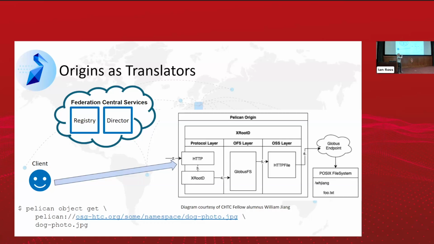So in this case, we came in speaking Pelican HTTP, and on the other side, we come out speaking Globus HTTP. And so by doing this, the origin is able to work with the object repository in its native protocol and translate all of the different operations we want to do back into something the rest of the federation can